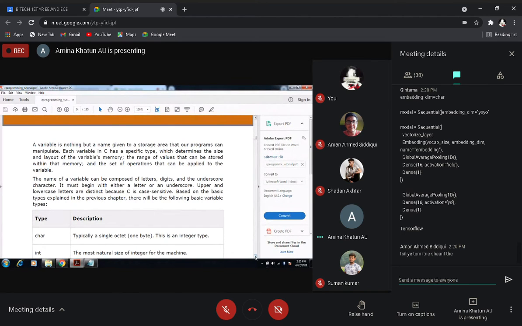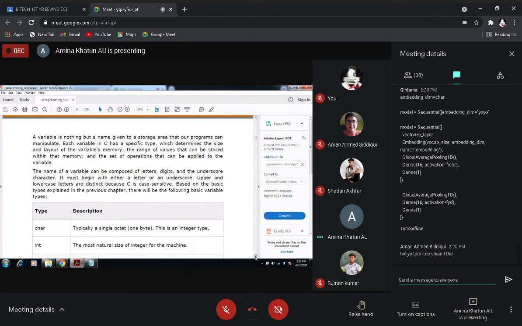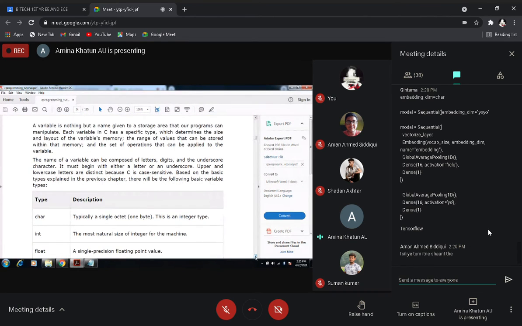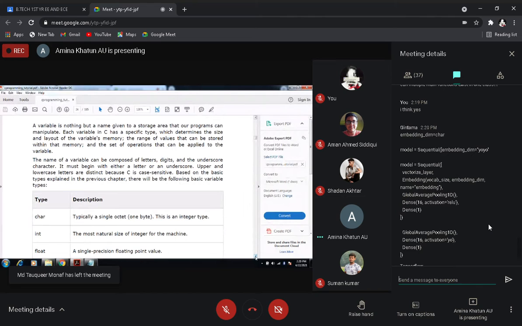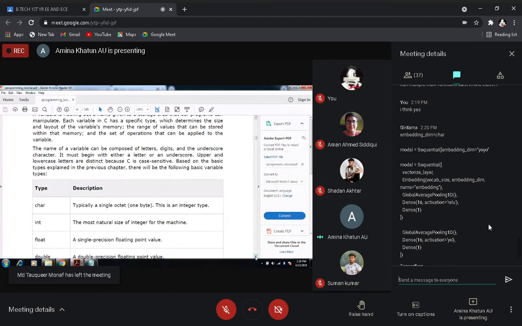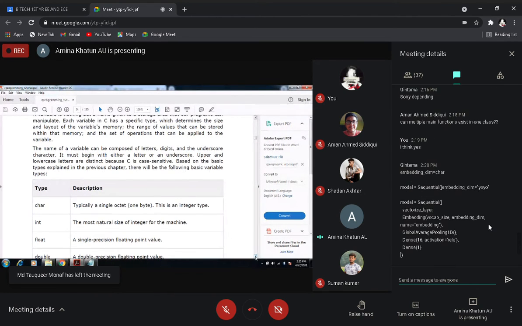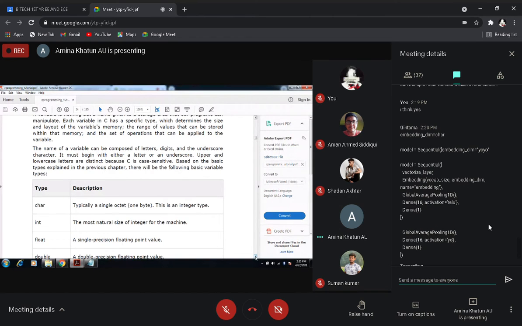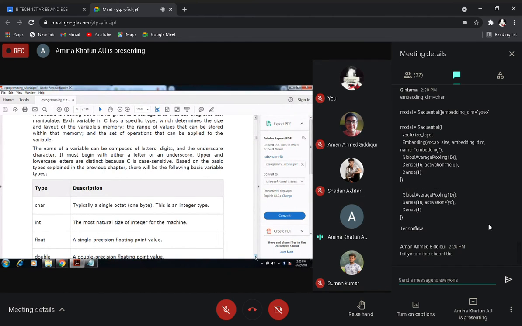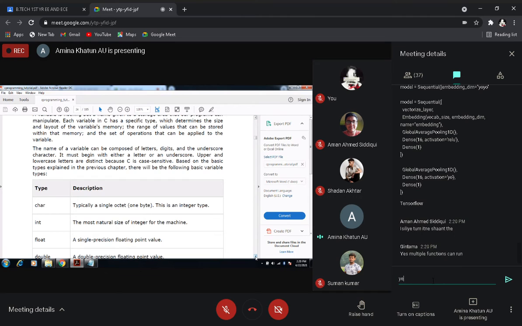Let's see, and remember, whenever you are giving a name to a variable, it can be composed of letters, digits or the underscore character, and you can begin a variable name with a letter or an underscore.